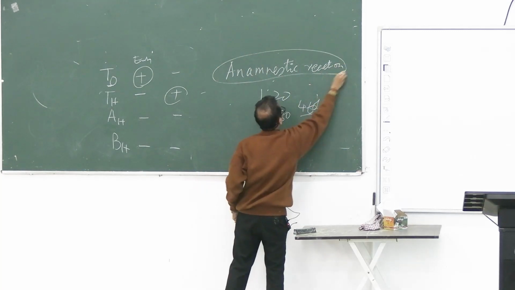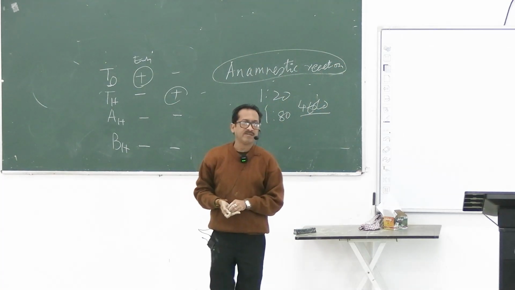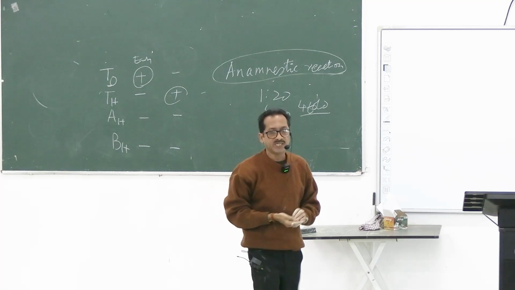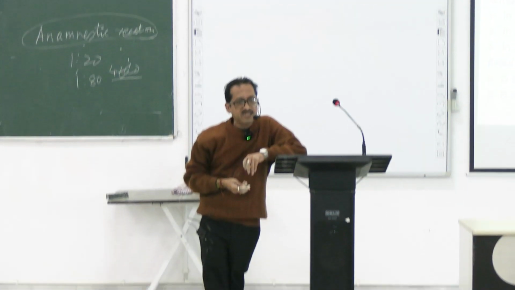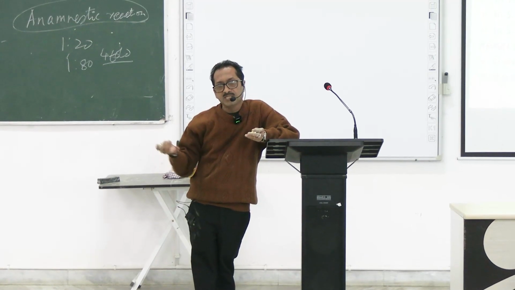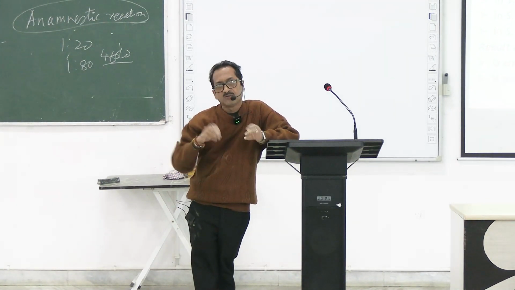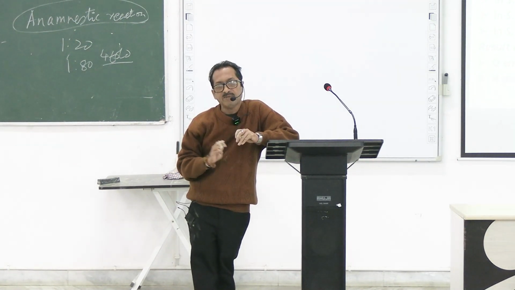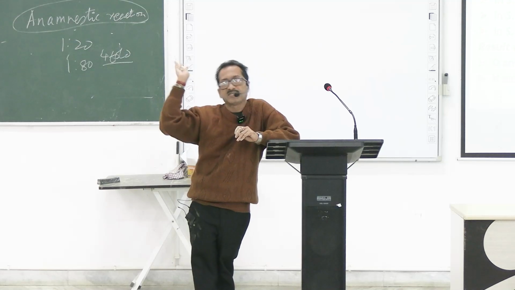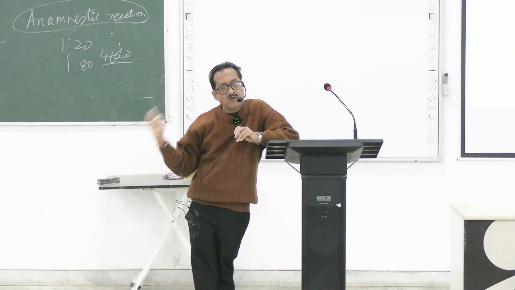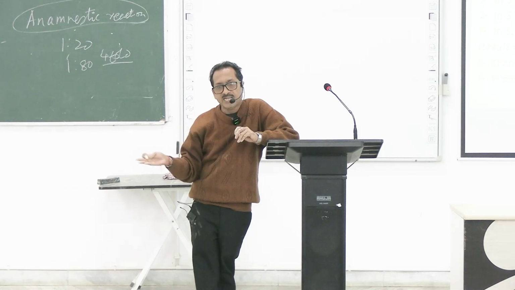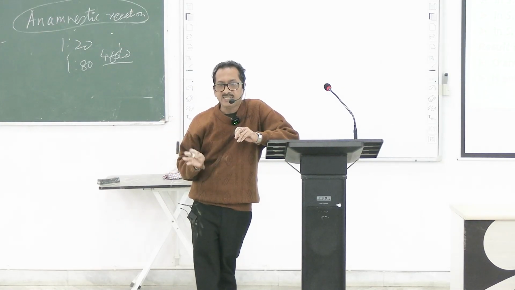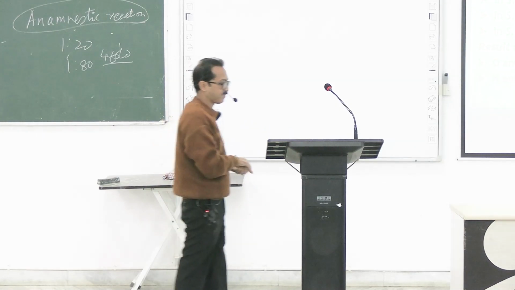False positive rise of H is called anamnestic reaction in Vidal, and that may be due to exposure to other bacteria like tuberculosis, or it may be scrub typhus. A previous history of typhoid may also lead to a false positive reaction. And if you repeat the Vidal test, there will be either a decrease in titer, or all will become negative.